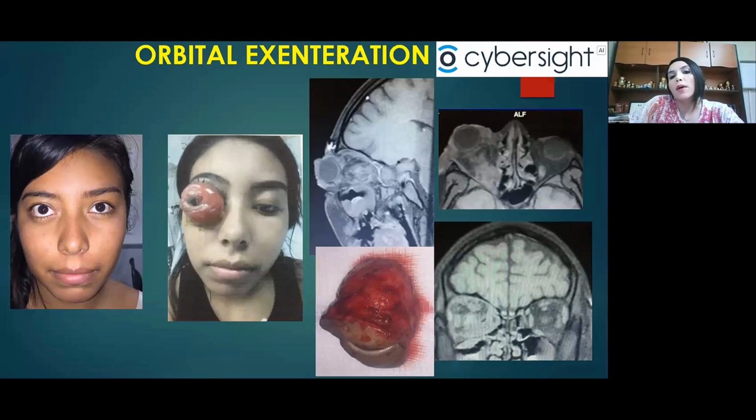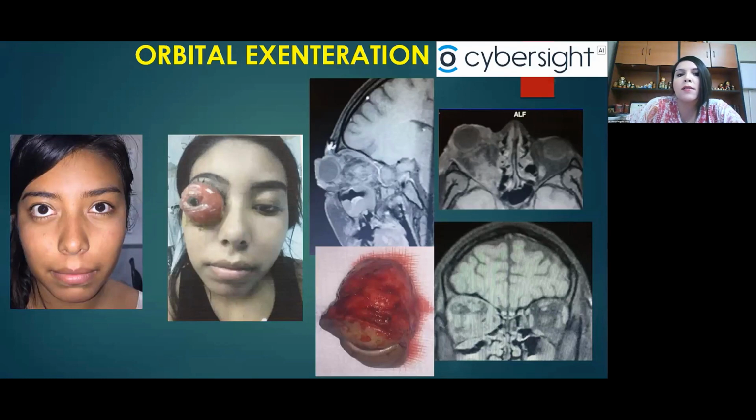So the biopsy was Ewing sarcoma, and we had to perform a mutilating surgery, a total exenteration, because the tumor was so big and was reaching the brain. These cases should not be present in 2021, but unfortunately,